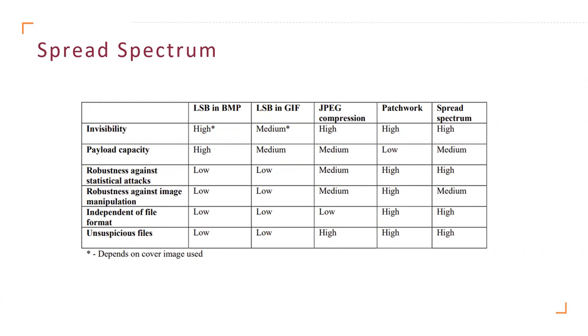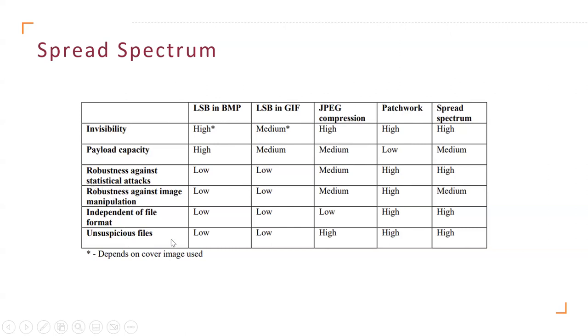So depending on our use case, we choose which of these requirements is our top priority, and we choose one of these techniques to do image steganography. For example, if we want high robustness against image manipulation, then patchwork is the best, as you know that the hidden information is redundant. Now, if you want unsuspicious files, then it's better that we don't use BMP or GIF,